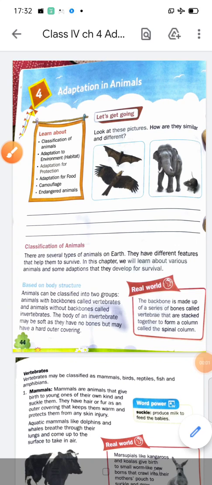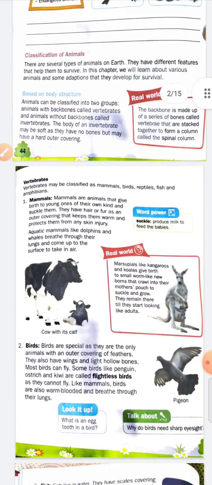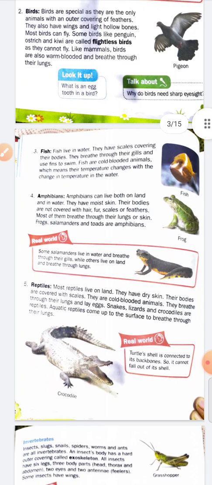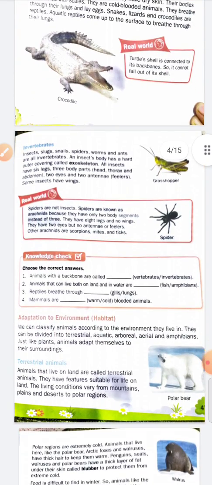Good morning student. In the previous lecture we were discussing chapter number 4, adaptation in animals. We discussed vertebrates and the classification of the vertebrates: mammals, birds, fish, amphibians and reptiles. Now student, in this lecture we will discuss the next topic,